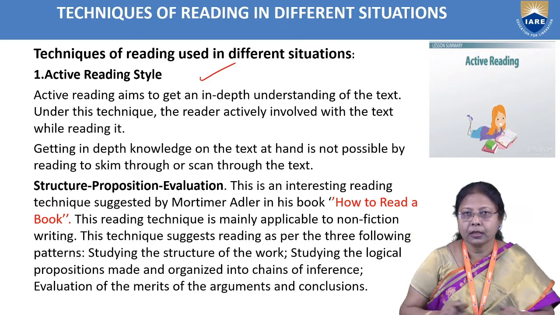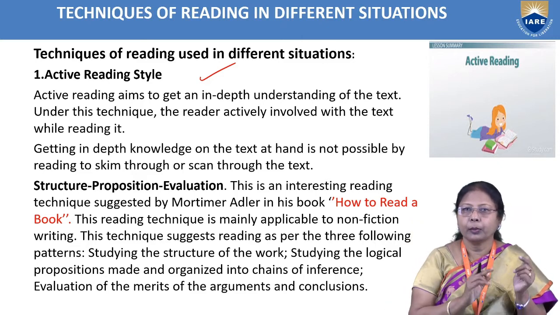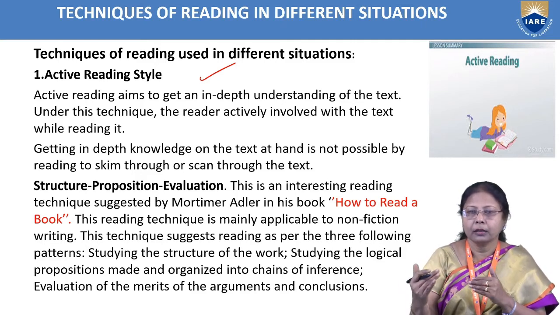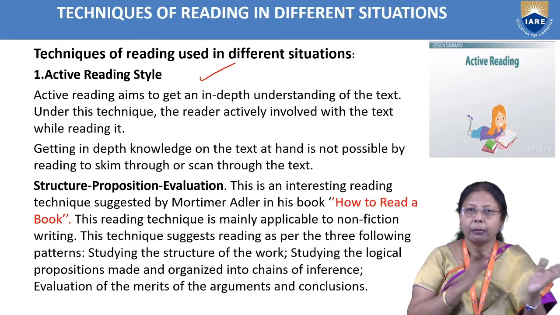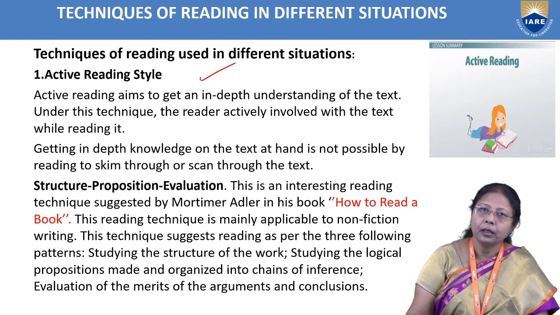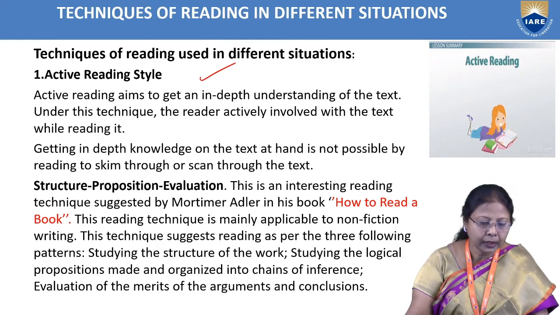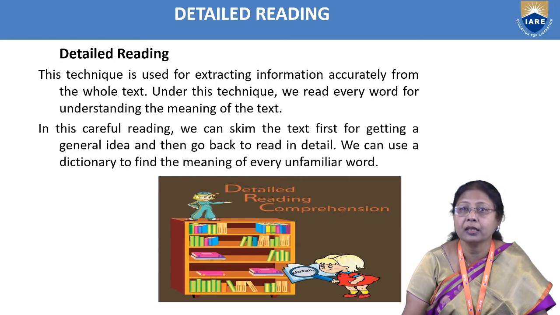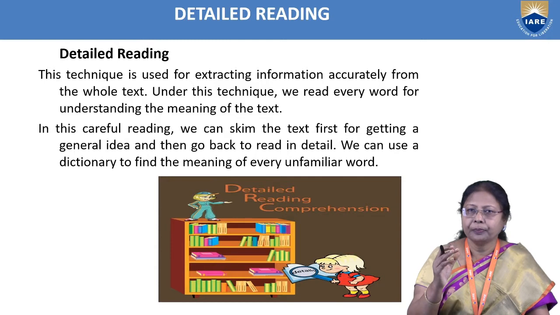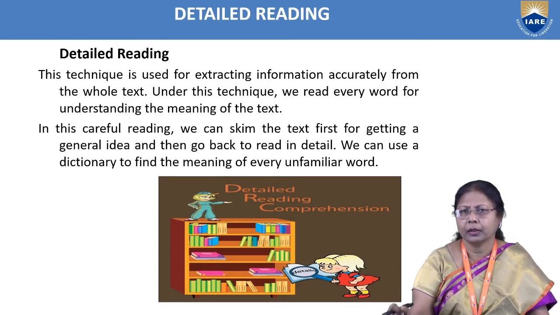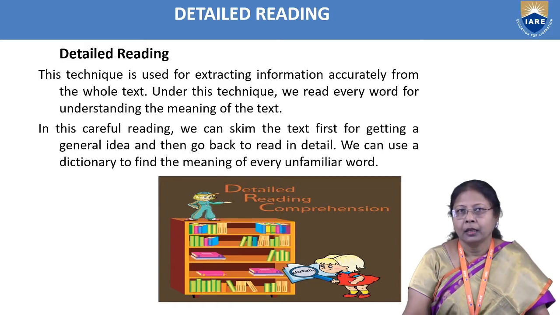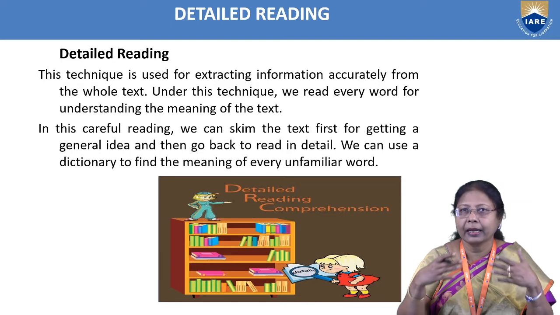Structure is the outward structure of the book. And then the second one, proposition, is the logical arrangement and organization of the thematic chains. And then evaluation is the merits of argument and conclusions the person has given in the book. So this is one of the techniques, active reading style. The next one is detailed reading style. See in the picture I have given a small girl going through each and everything in detail. So this technique is used for extracting information